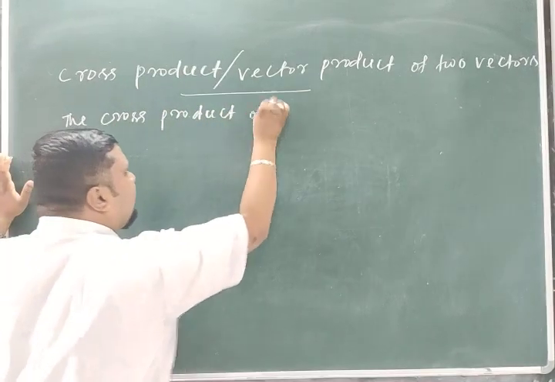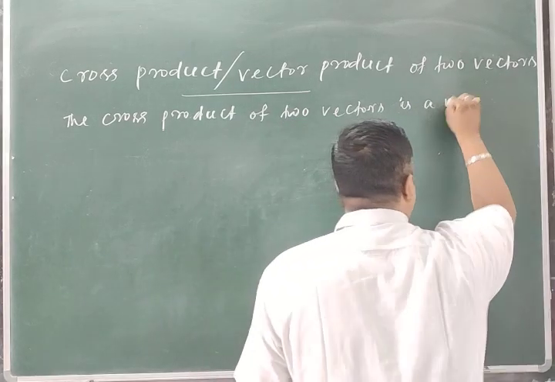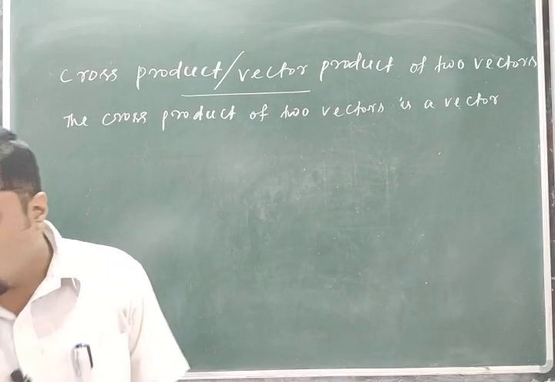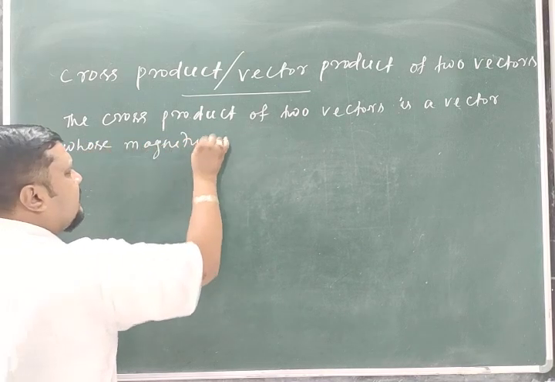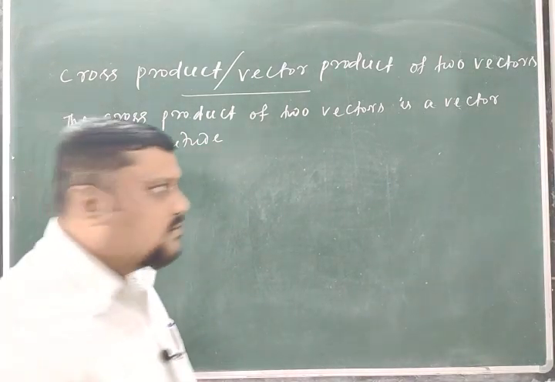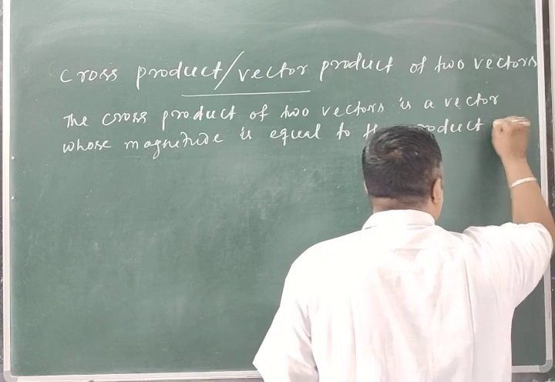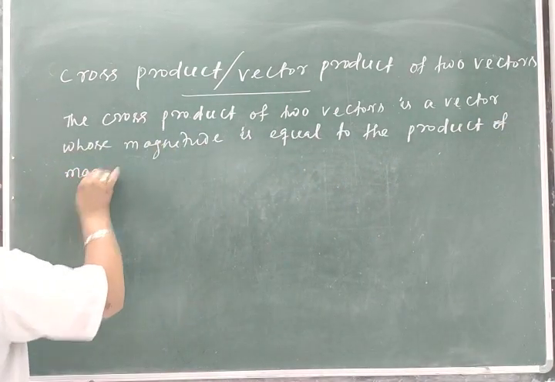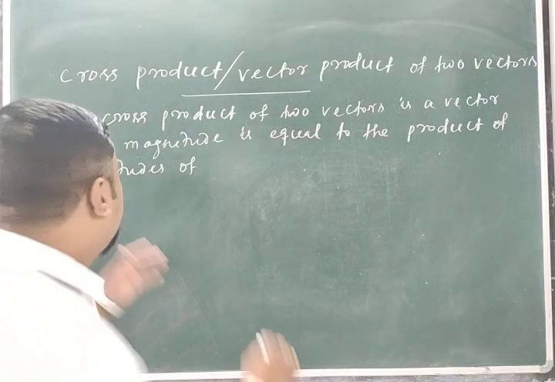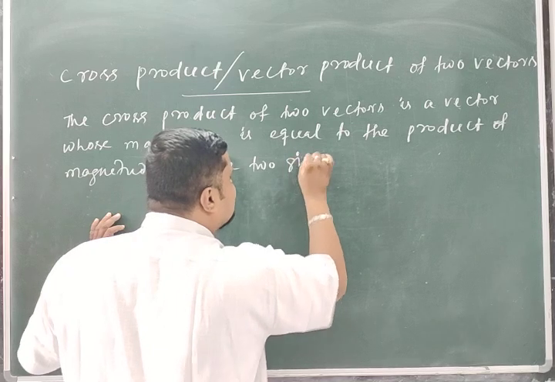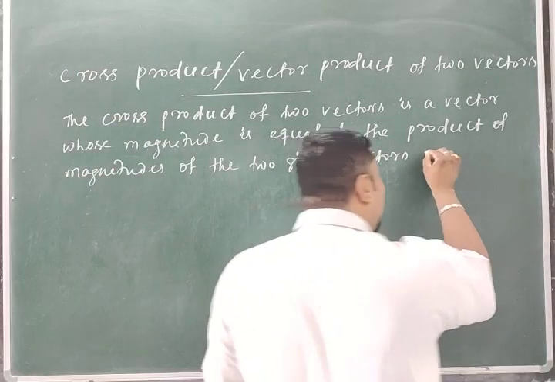The cross product of two vectors is a vector whose magnitude, if it is a vector then it has magnitude, is equal to the product of magnitudes of the two given vectors, multiplied by